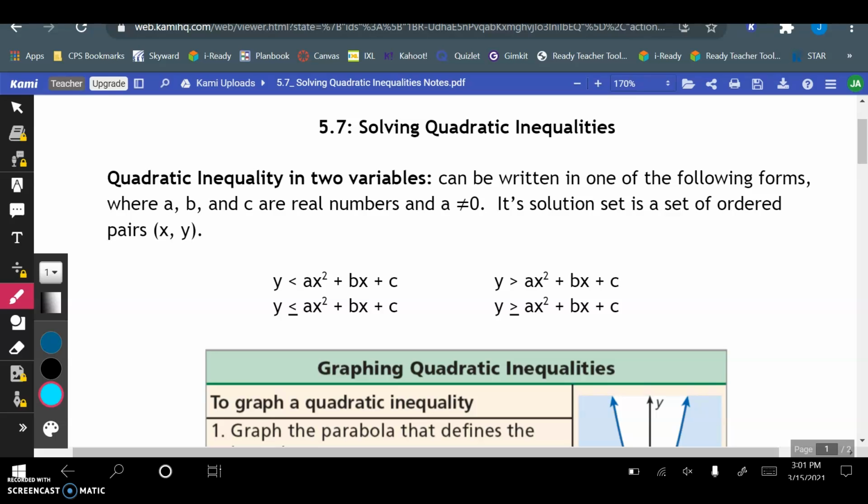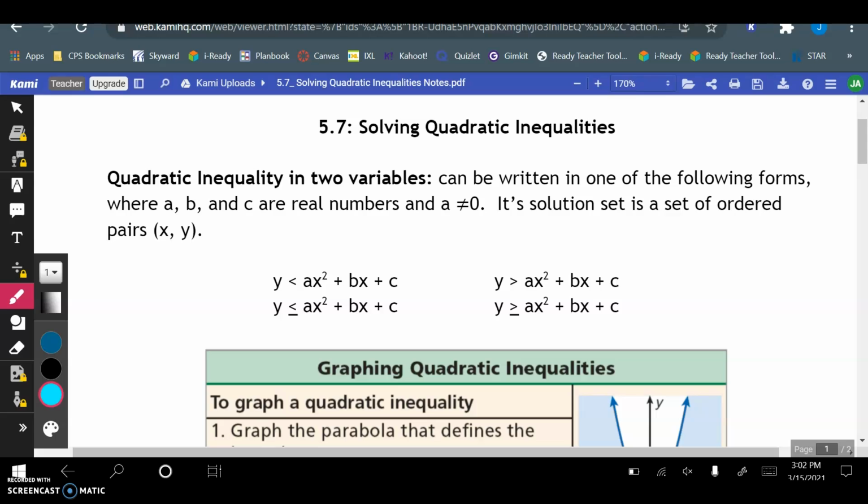Section 5.7 is on solving quadratic inequalities. So quite a bit of the same stuff, except the equal sign is now going to be an inequality symbol, and we're going to have to do some shading and then decide if the line is going to be dotted or solid. A quadratic inequality in two variables can be written in one of the following forms,